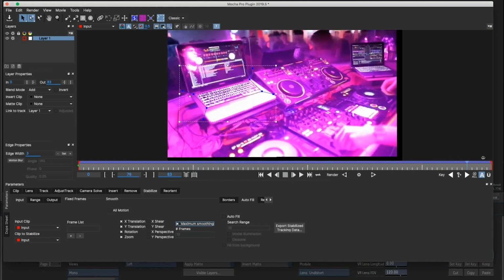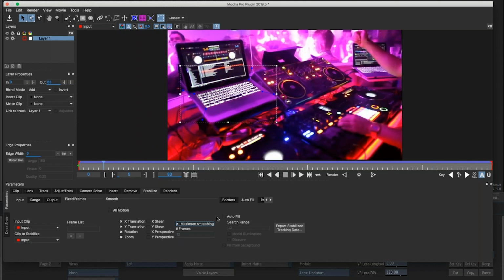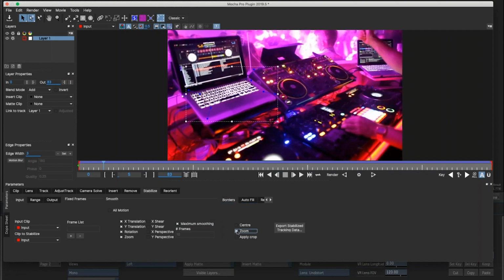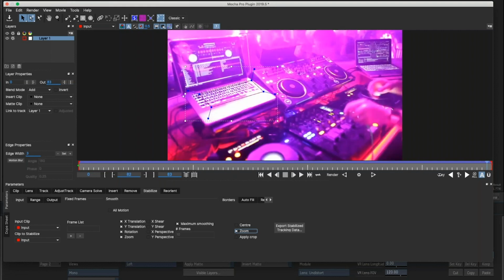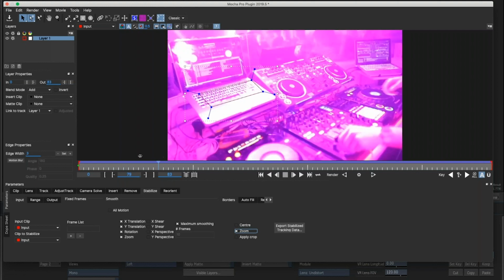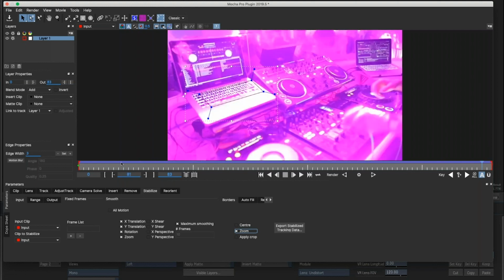now that's locked. If I now want to fill the edges, if I go into the Borders tab and zoom, now we zoom to fit to ensure that we use the maximum amount of picture information that's available without introducing any blanking. I could render this as a new image sequence, but this is not optimal workflow. What we're going to do is just save the